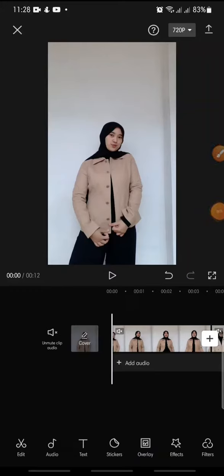In this video, I'm going to show you how to add motion blur effect on CapCut apps. Now let's get started. First, after you open your CapCut apps and add the video that you want to edit,